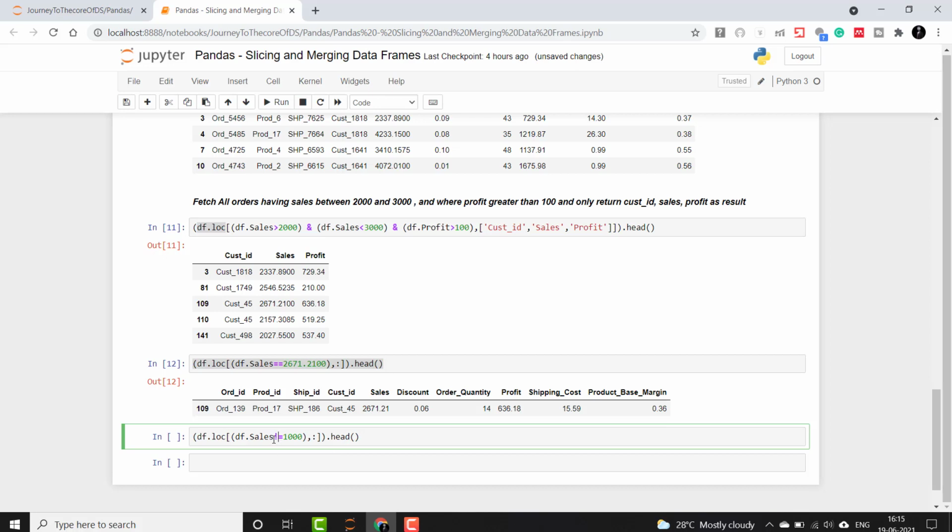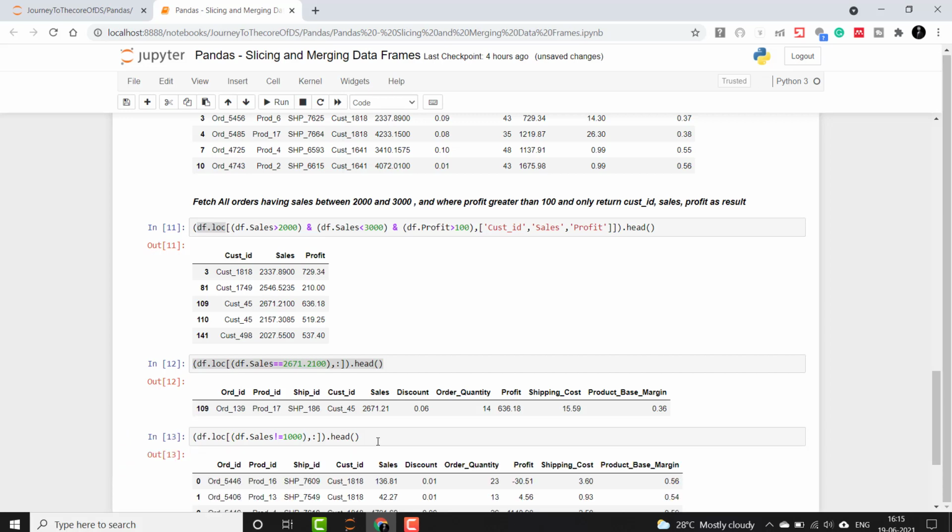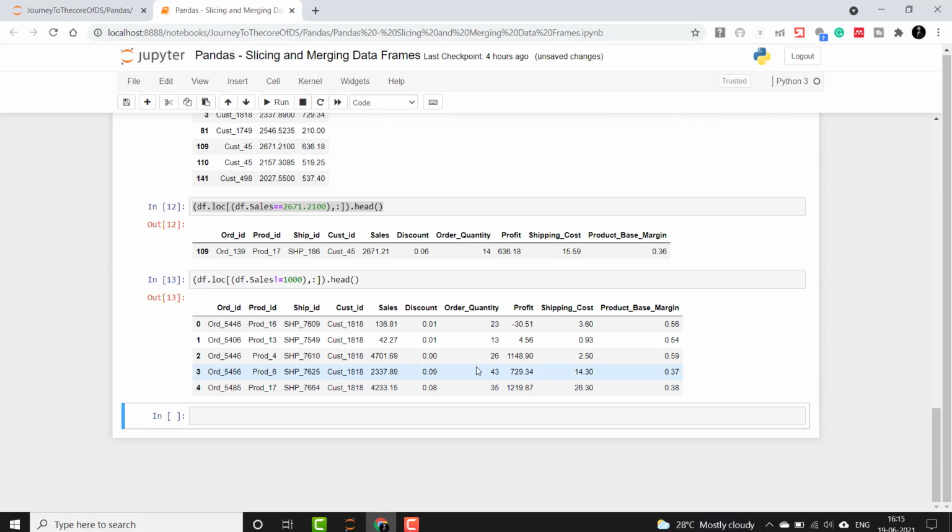Not is represented by an exclamation mark. Here I am finding all the sales records which are not equal to 1000. So let's check. Exactly, it is not returning 1000 here. All the records which are not equal to 1000 are returned.